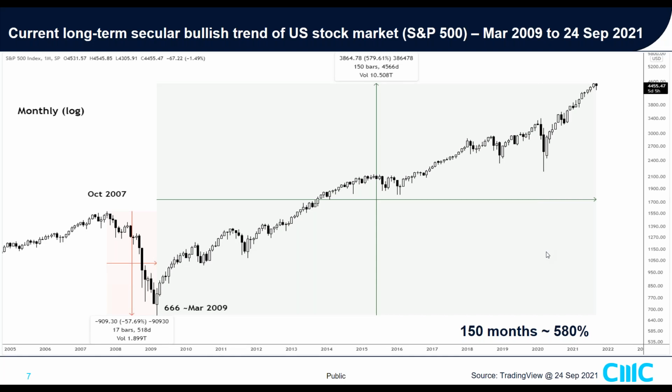There are various different fundamental factors that we have to take note of, especially at this point in time. So we know that this particular bull run, the current one that started in March 2009, has been supported by tremendous